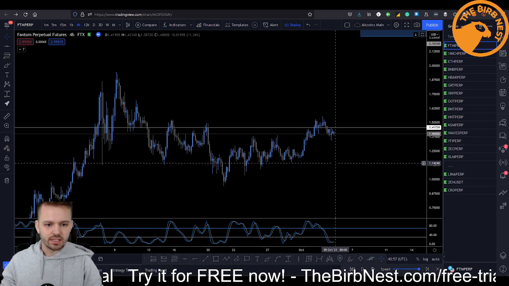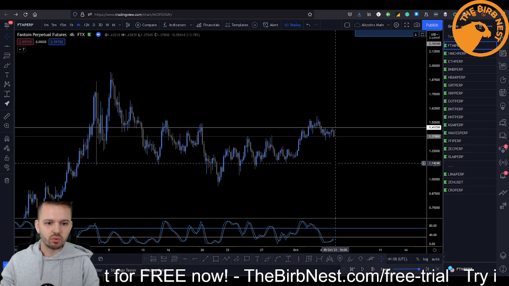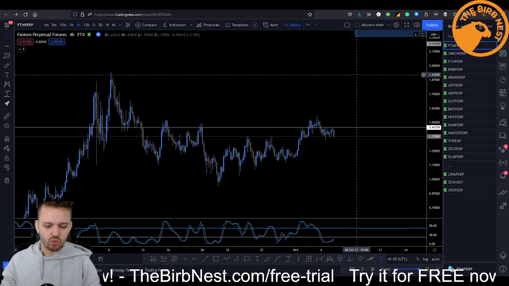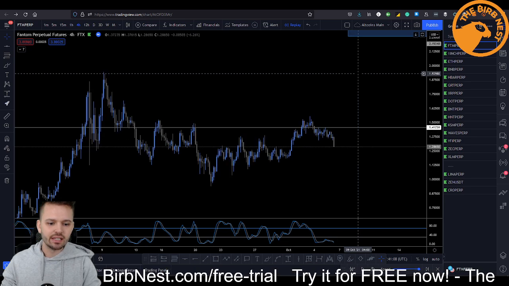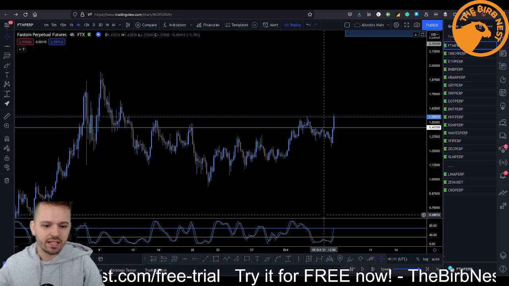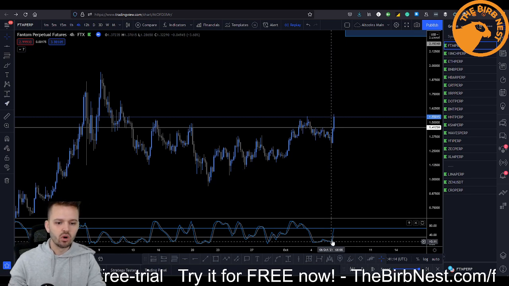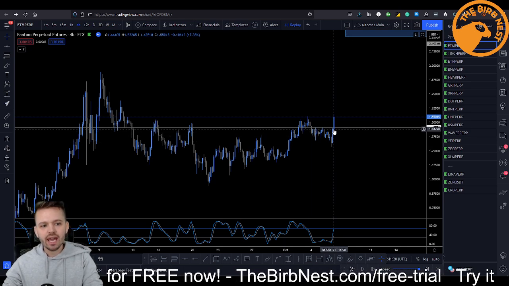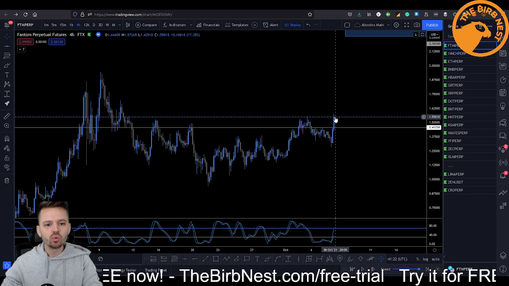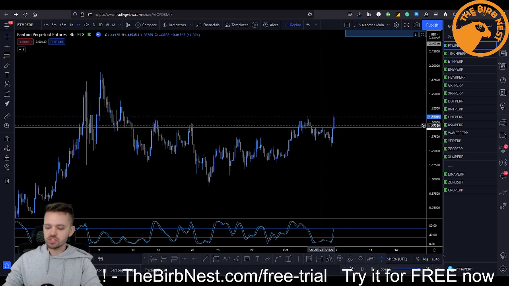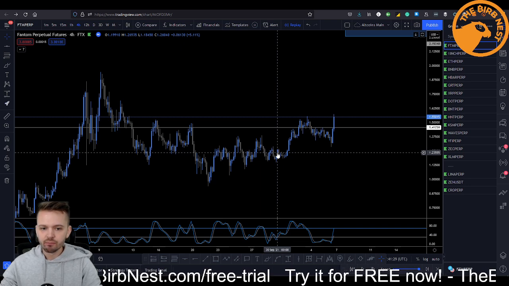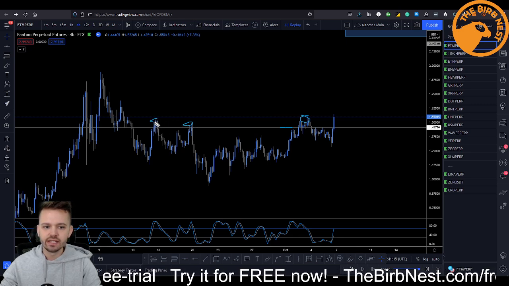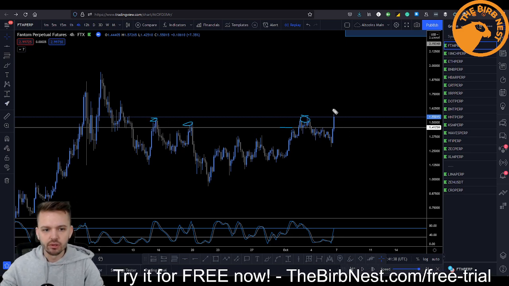And as you can see right here, let's see what happens on the next test of that resistance. We're getting that nice bull cross on the stochastics and a rounded bottom on the stochastics, and that's the push, right? Stochastics RSI goes from below 30 to above 30, giving us a bull cross, and that's the thrust candle that I'm talking about, right? You have one candle just crushing that level, closing well above, and we can now say that price has not only taken out this level, but it's also taking out these highs right here, this high and this high, and I'd say that this is now a proper